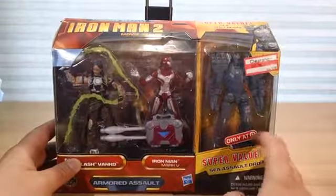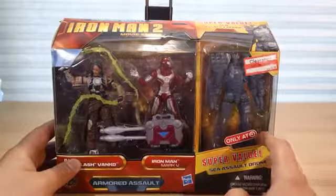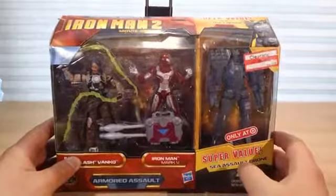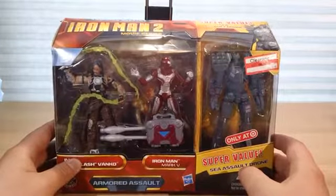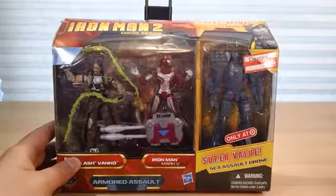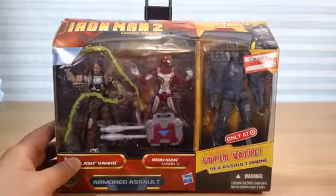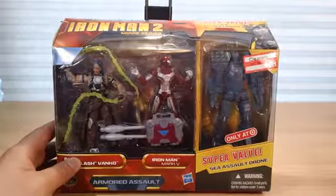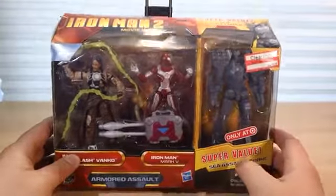So of course this was a Target exclusive, originally priced at $19.99, which when you look at it, $20 for 3 figures is quite expensive when you think about it back then. That was pretty pricey. Usually for $20 back in 2009 you could get at least 5 figures in a box set or 4 figures. Now, so I guess they had a lot of these and that's why